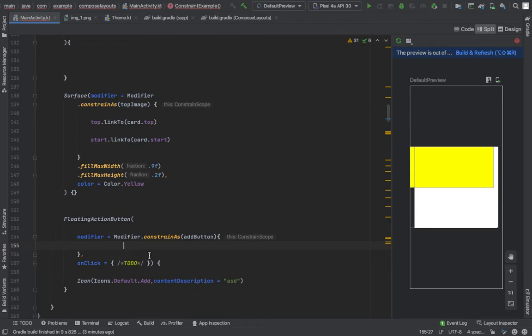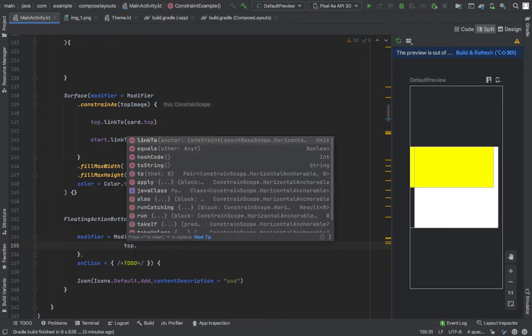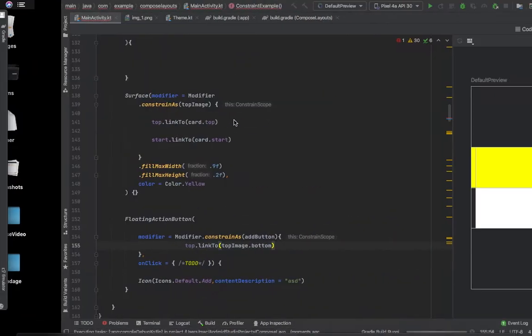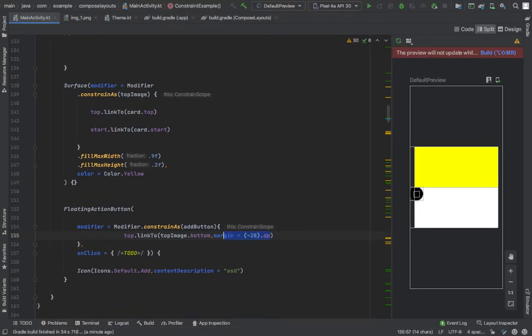In this we want to align this button after the surface, so we have to use top dot link to top image dot bottom, and we are done with the preview.